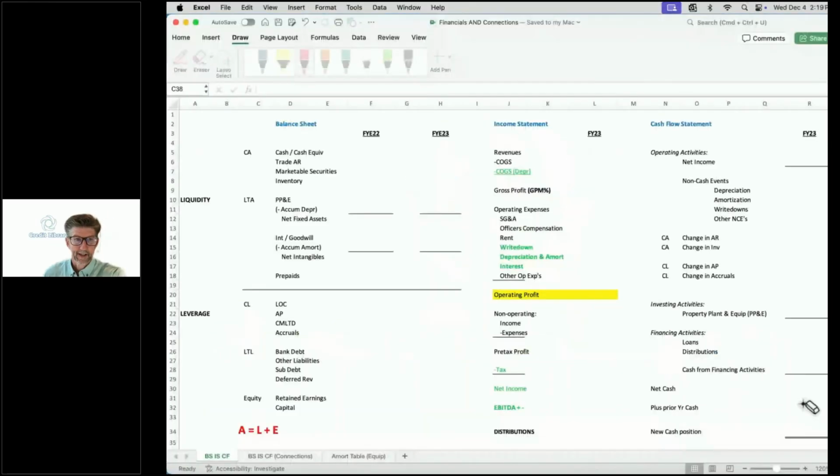So to start with, what is a write down? A write down is related to accounts receivable, trade AR, as opposed to bad debt expense. All right, let's talk about that for a second. Bad debt expense is an estimate based on historical findings related to an AR aging and how much of that AR aging is typically not received year over year. So it's typically around 1% of the AR aging that a company will expense on the income statement as bad debt expense. So bad debt expense and a write down have the same impact throughout the financials, but